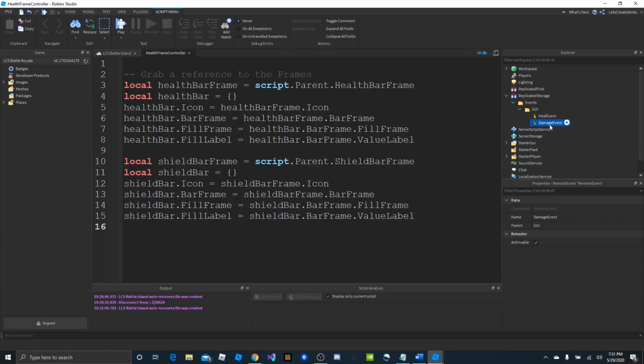So all we're going to do with these is when we call heal event, it will tell the player, hey, go ahead and heal. And when we call damage event, it will just tell the player that they took some damage. So we have heal event and we have damage event. Now we need a way for the server to handle or listen to calls to these events. And so we can do that by